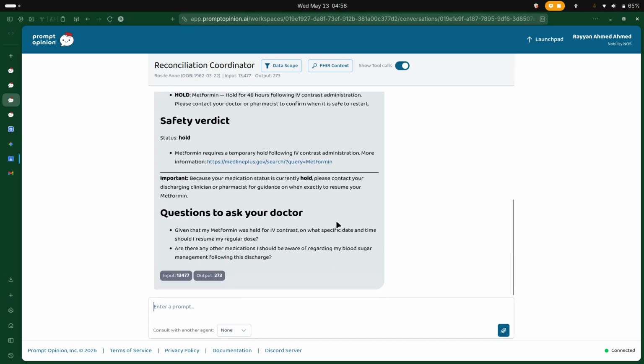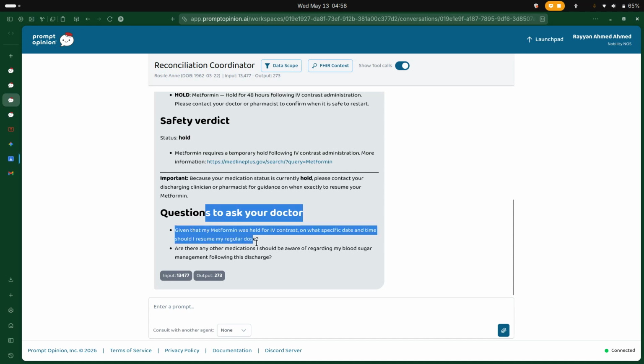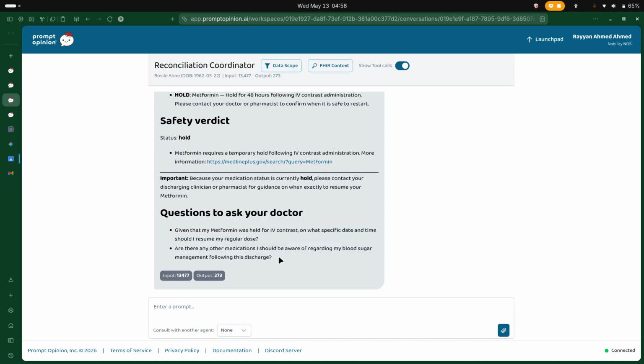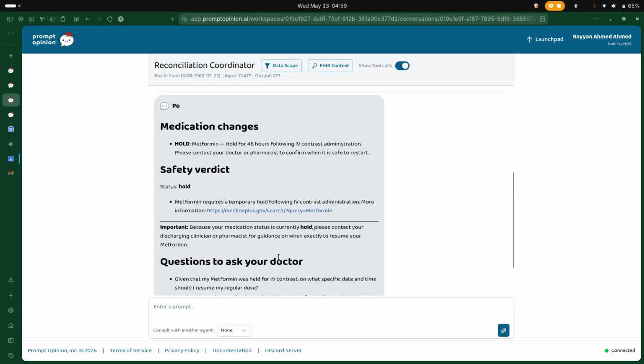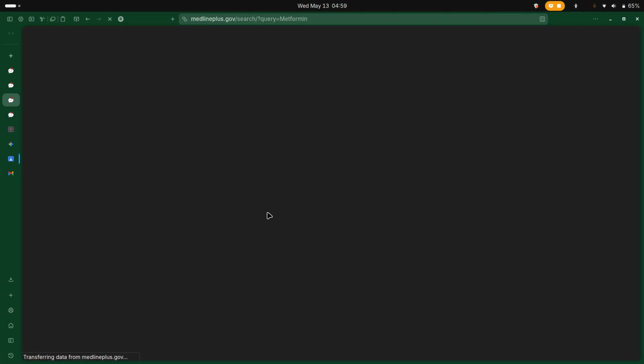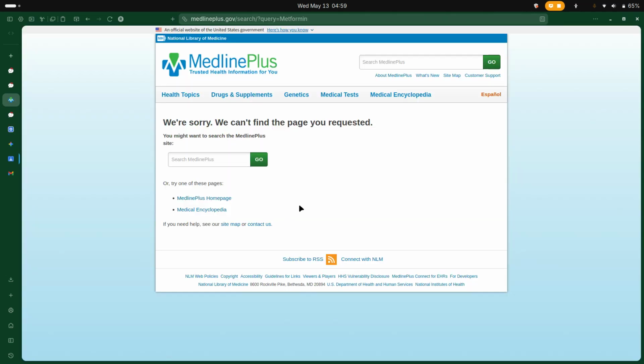And it would also tell you guys what you can do in order to get information from the doctor. And here it has also put us a link. Okay, so this is a